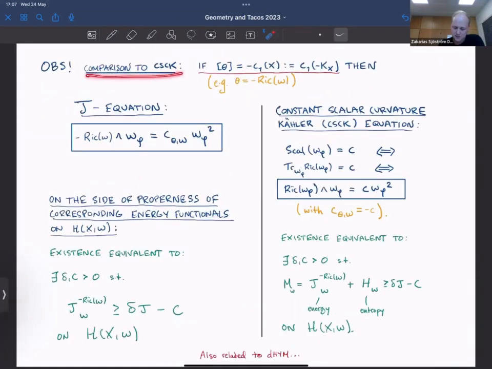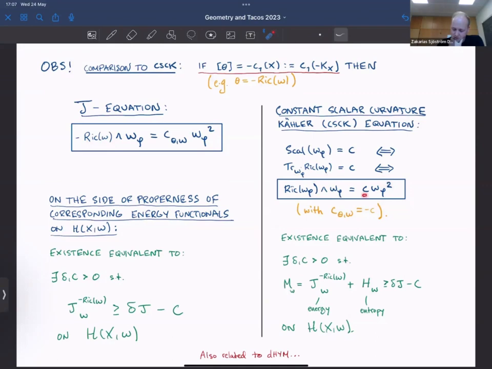So if we wanted to compare this to the cscK equation, the best we would typically do is to fix this auxiliary form theta to be in minus the first Chern class of the manifold. So this would, for example, correspond to taking theta equal minus the Ricci curvature form of omega. So then the J equation would look like this. So I just put theta equal minus Ricci of omega. And on the cscK side here on the right, you would get the equation scalar curvature of omega phi is constant, which rewrites in this way,